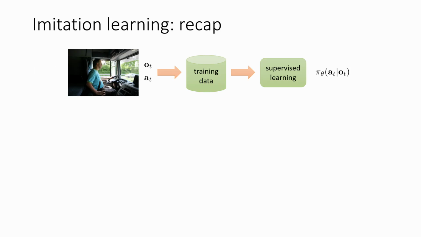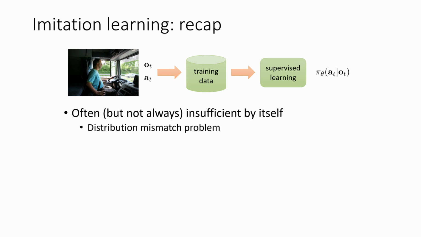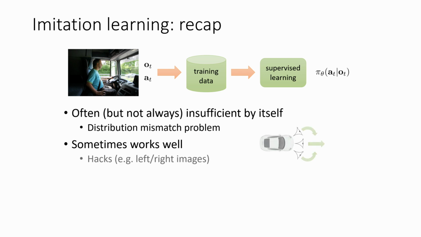All right. So to briefly recap what I covered so far, behavioral cloning is often but not always insufficient by itself because of the distribution mismatch problem. Sometimes it works well. There are some things you can do to increase the chance of it working well. You could, for example, use hacks